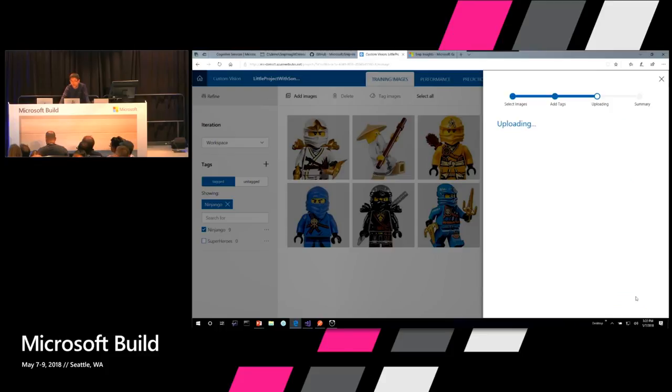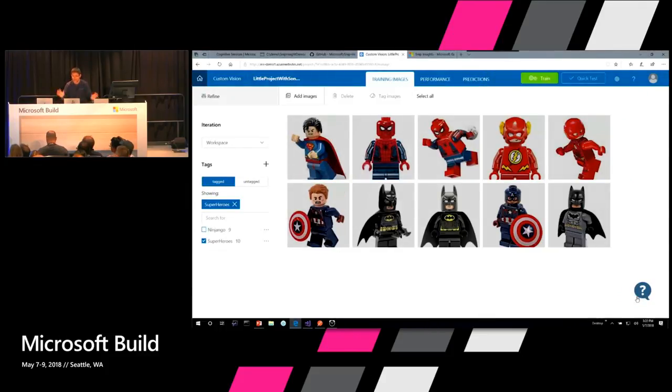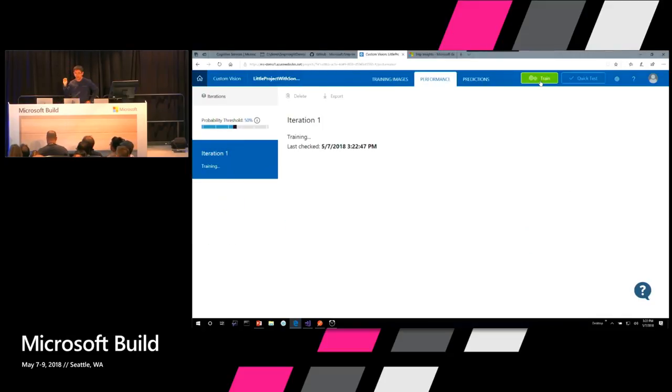And I'm going to upload 10 files. That's it, right? I have just uploaded a few files, some of Ninjago, some of superheroes, and I'm going to click Train. Now, what is happening right now in the background is all these images go to the cloud, right? Using clusters of GPUs, it is training this new model that's going to recognize between Ninjago as well as superheroes. And after a while, it should come back.